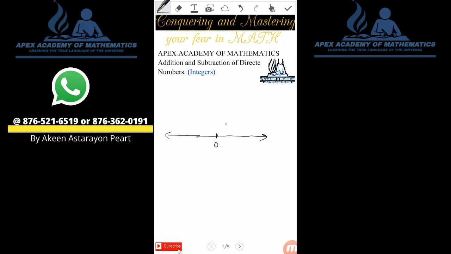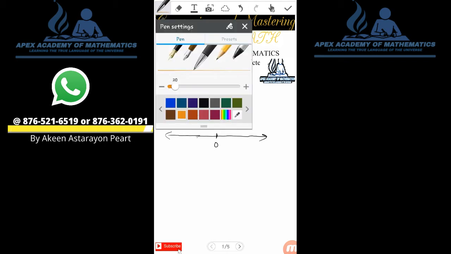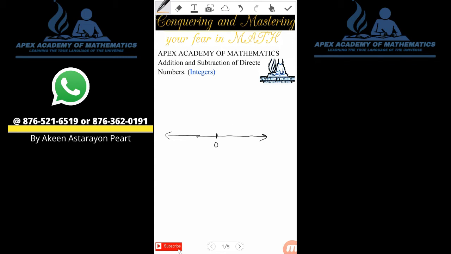But the numbers that go in, let's take out a different color ink here. Let's put some color code to our work and use orange right here. We're going to send an arrow going in that direction, and in that direction we're going to be finding positive integers. This goes all the way to positive infinity. Here we're going to find numbers like 1, 2, 3, 4, and so on,